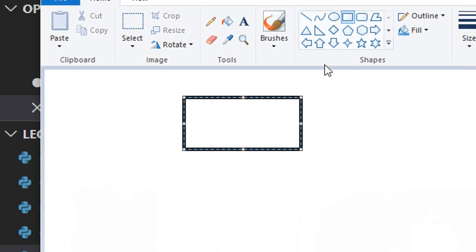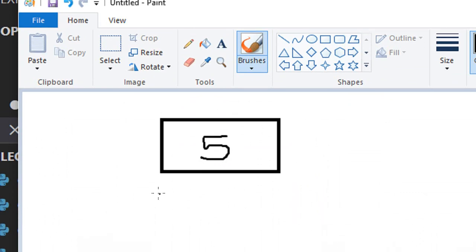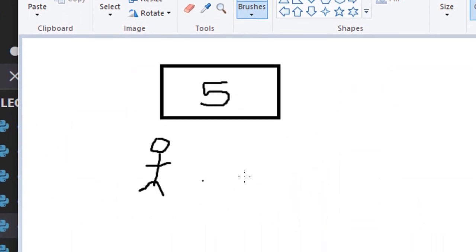So I'm using Microsoft Paint here, right? So let's say I have a number 5 here. I'm a single person here, whose job is to come here and whatever value is here, increment this by 1, right?